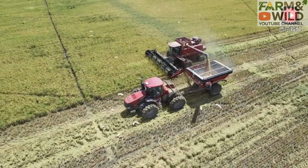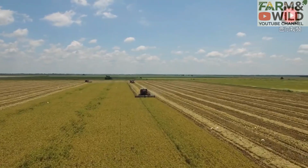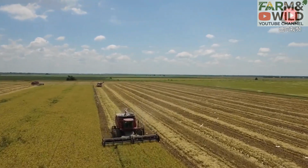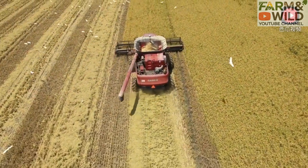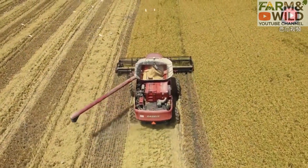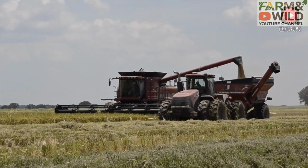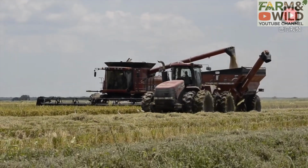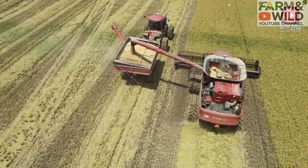Additionally, the application of new technologies not only brings economic benefits to farmers but also helps protect the environment. When combine harvesters operate more efficiently, the amount of straw and waste decreases, while also reducing the need for manual labor in harsh weather conditions. Optimizing the production process not only helps farmers improve their livelihoods but also contributes to the protection and sustainable development